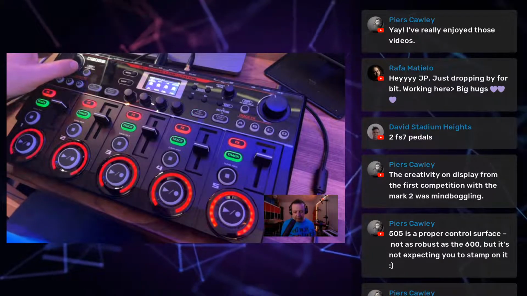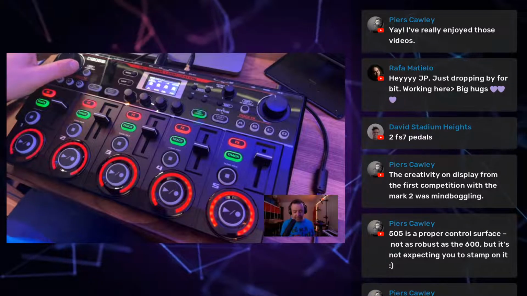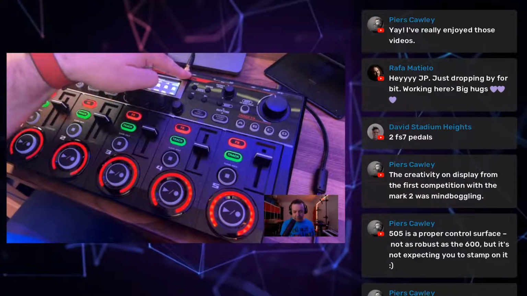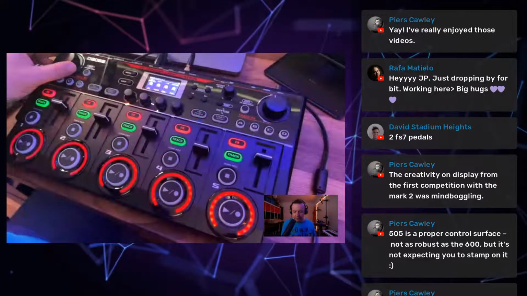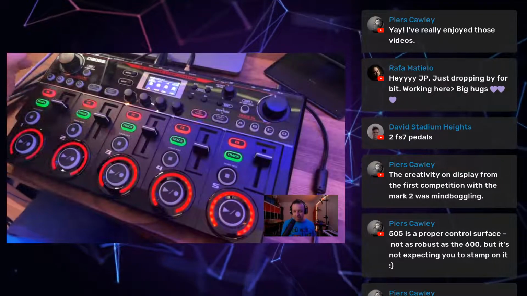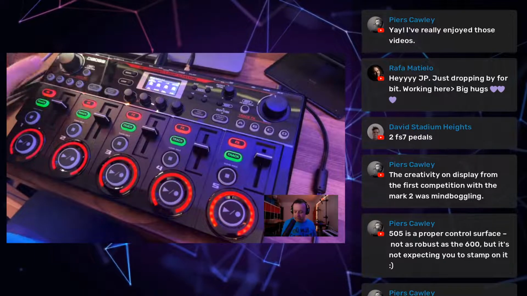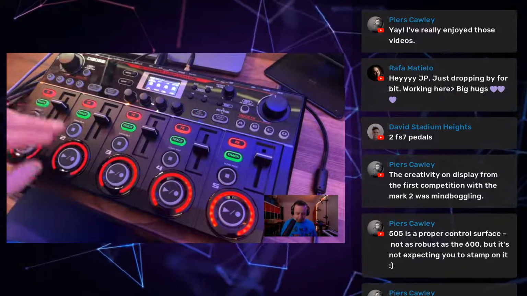Cool, David. Yes, two FS7 pedals. Sorry, I forgot to mention that. It says control expression here, but there's actually two inputs at the back there, so you can put two FS7s if you wanted to. So that's 4 controllers. You could have 4 controllers there to control it by your feet. The next one